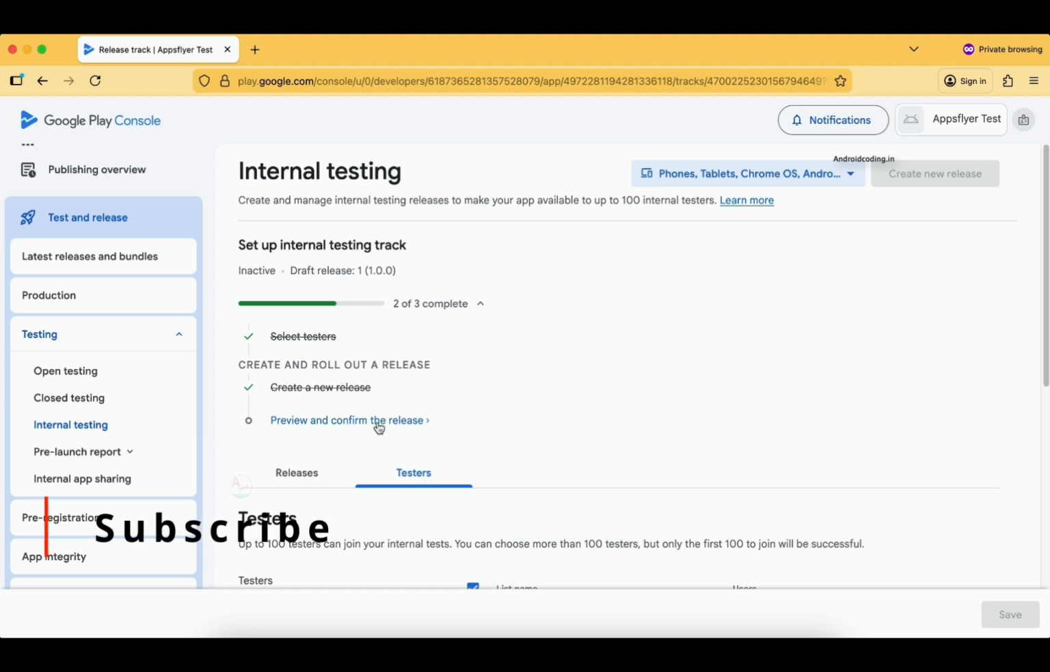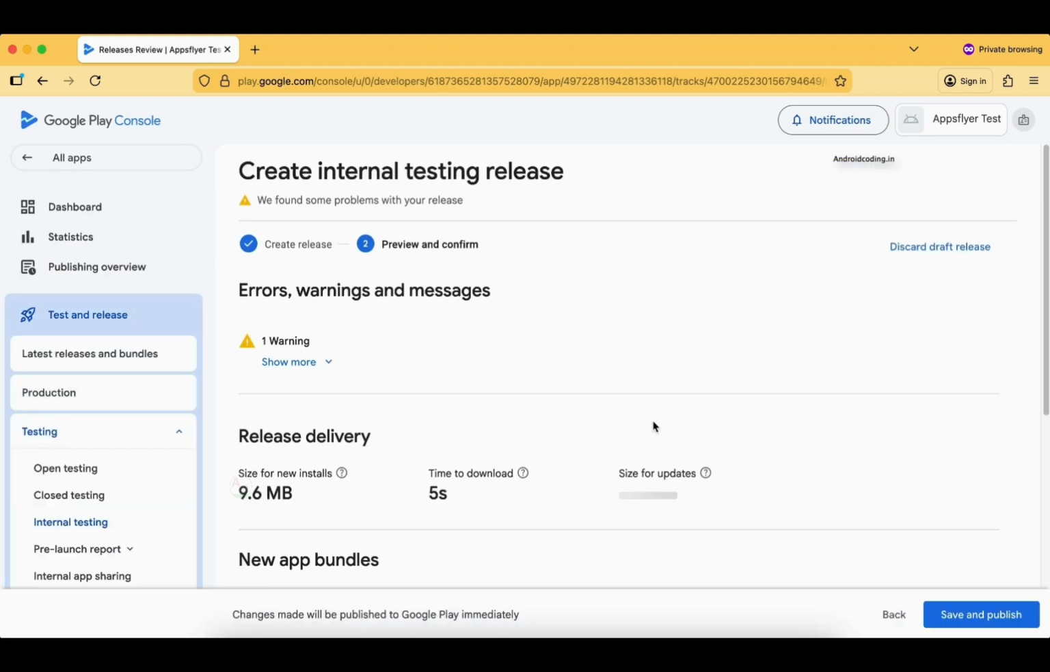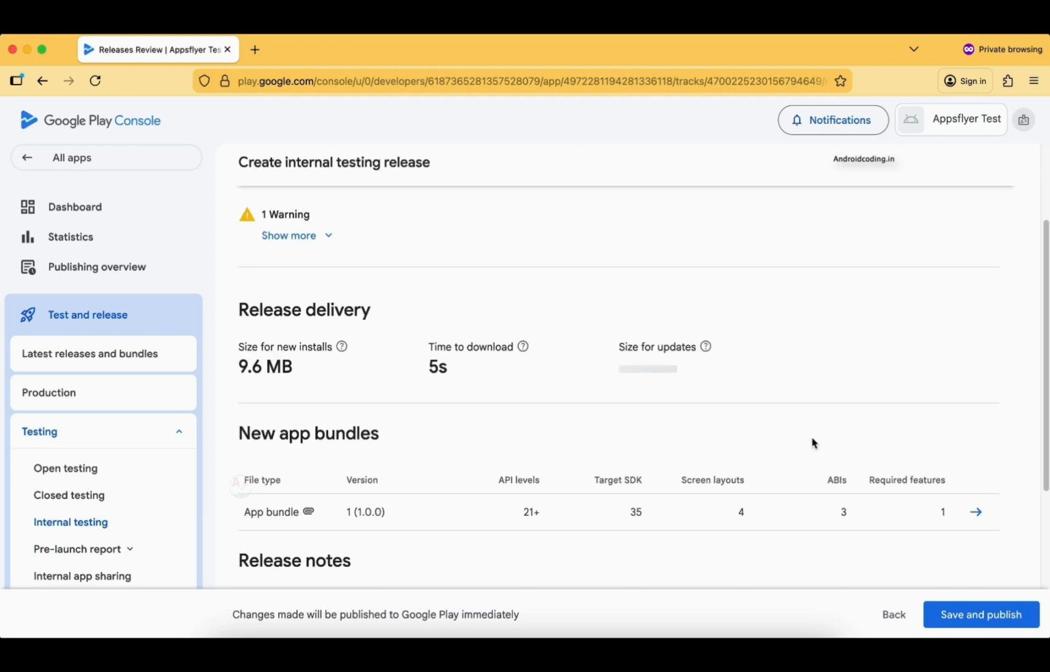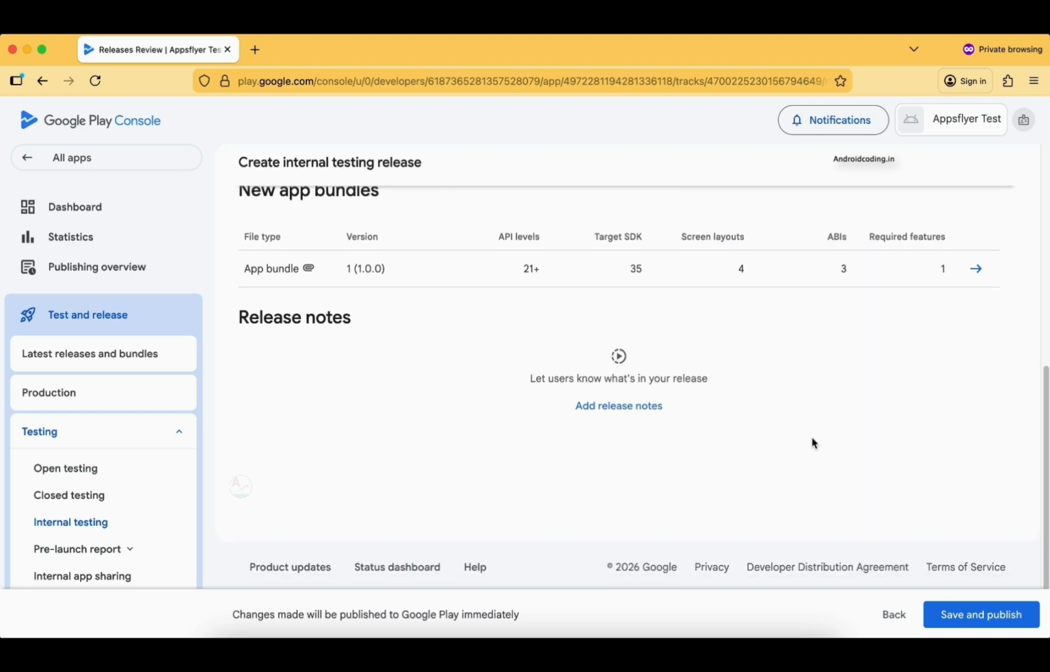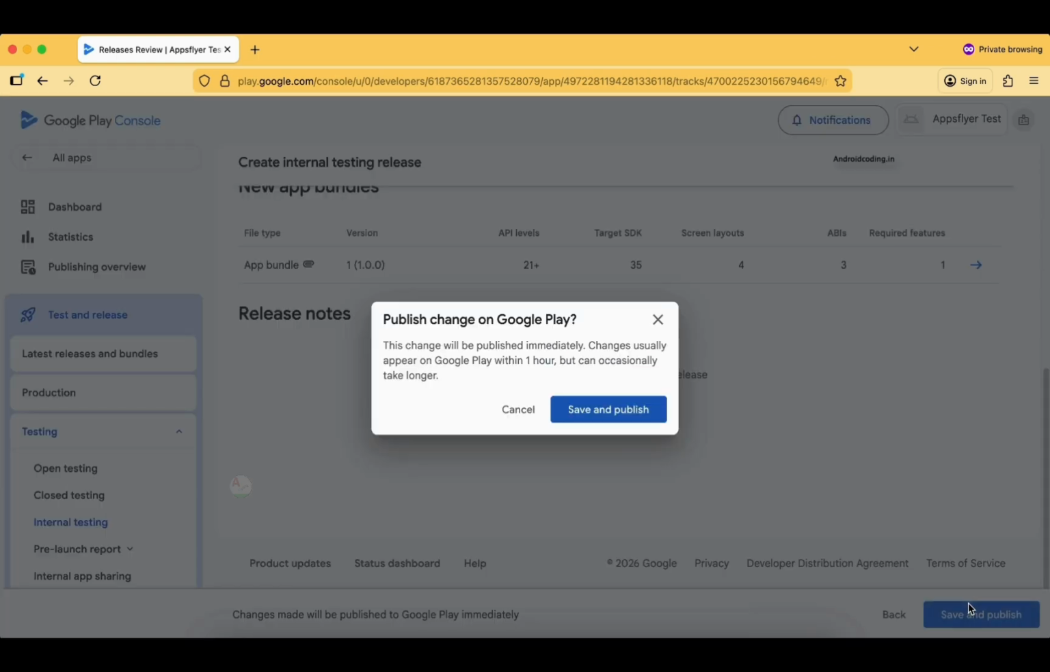So the third step is preview and confirm the release. Let's go to this, and here you can see the warning is reduced to 1 now, and everything is fine, and we don't have any release notes for this particular version. And I am clicking on save and publish. So the change will be published immediately. Changes usually appear within 1 hour, but occasionally can take longer. So let's save and publish,